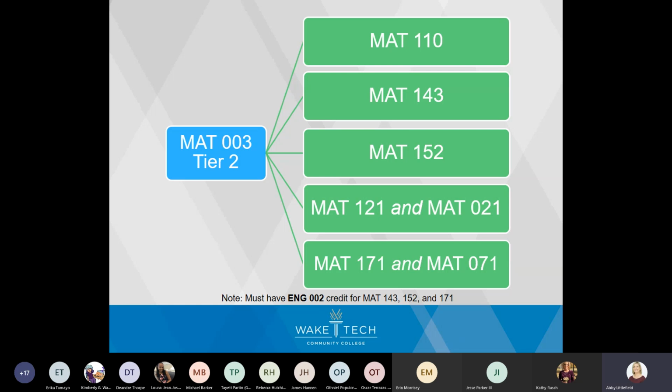In addition, you'll notice that Math 121 and 171 weren't even on the previous list. You couldn't even get into those classes just by completing Tier 1. But completing Tier 2 allows you to take Math 121 with a co-requisite and/or Math 171 with a co-requisite. So just to recap the importance there, if you know that you need Math 121 or 171 for your program